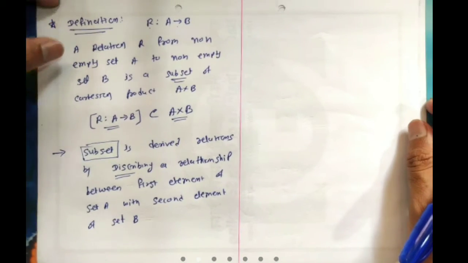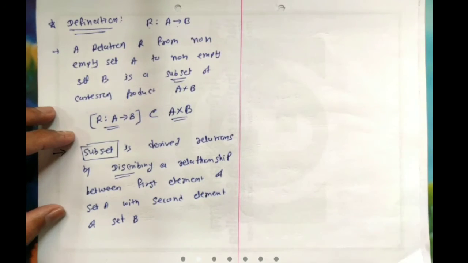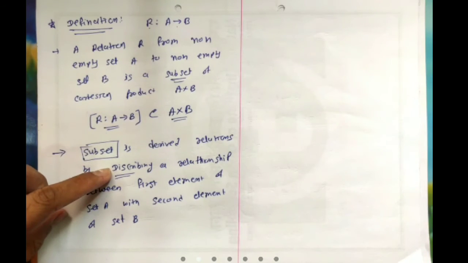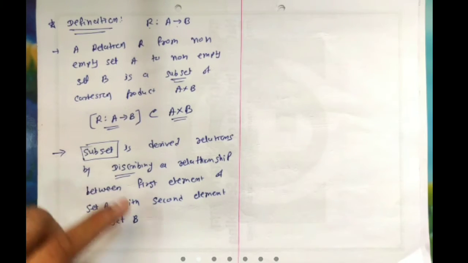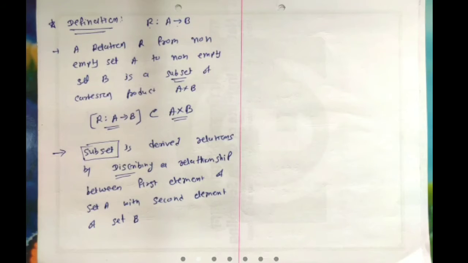Clear? So the relations are derived by describing the relationship between the first element of set A with the second element of set B. You have to describe the relationship. Clear? So now,